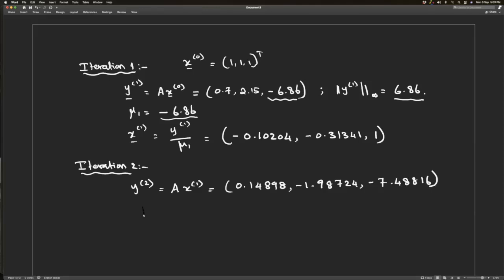And that leads to mu2 as, again, from this component, and that is going to be minus 7.48816, and therefore x2 is going to be y2 by mu2, and that is minus 0.0199,